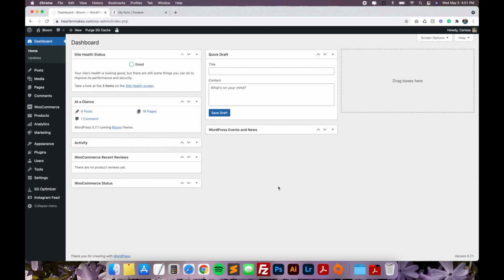Hey everyone, so real quick, I just want to go over how to edit your pages and replace the demo content with your own. I'm going to be using the Bloom theme for this video, but this video is going to be for all Kadence child themes because it uses the block editor and it all really works the same way. So this is my test site and I've already imported the Bloom theme and all of the pages and content. So let's go to pages